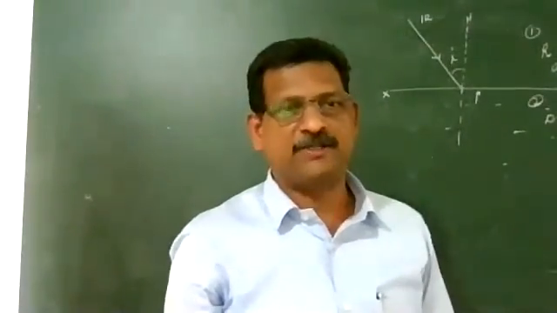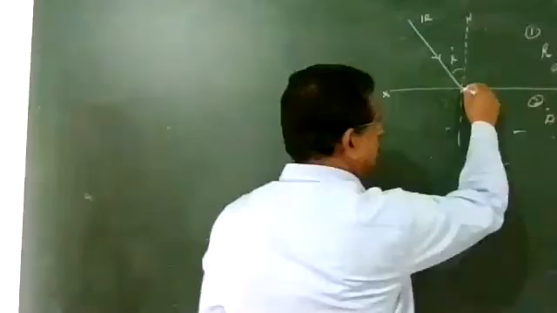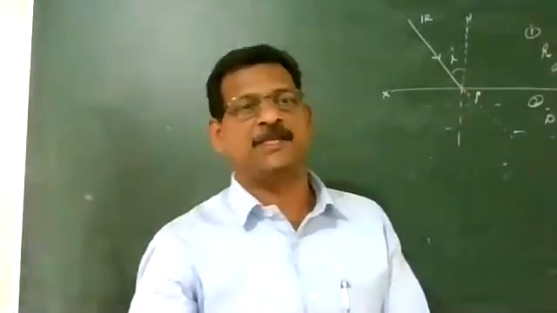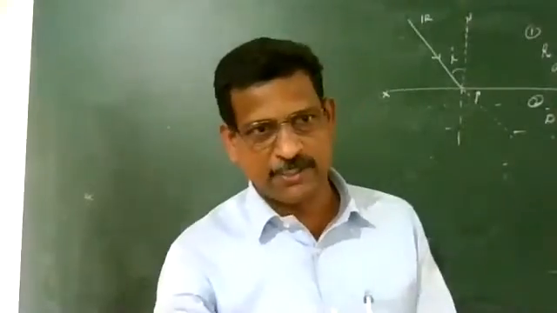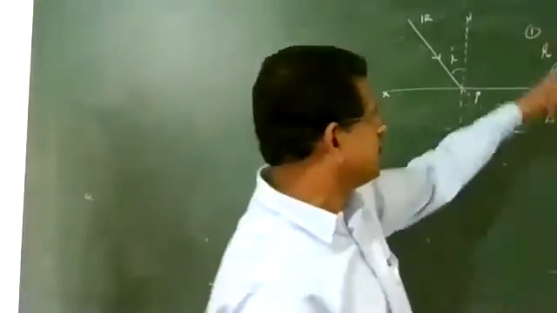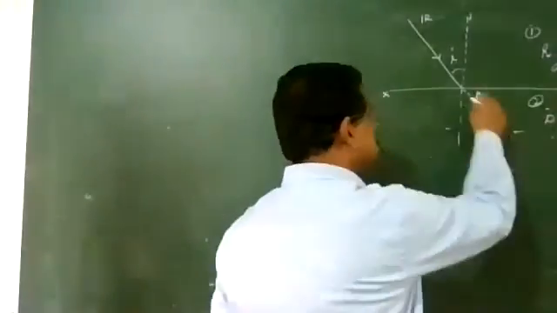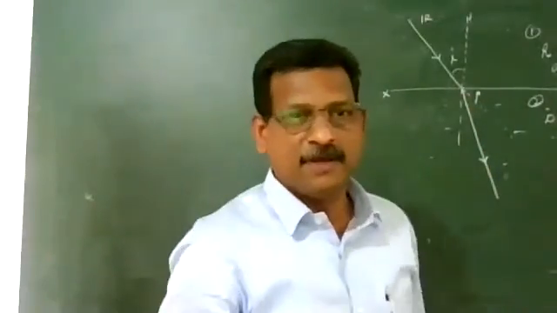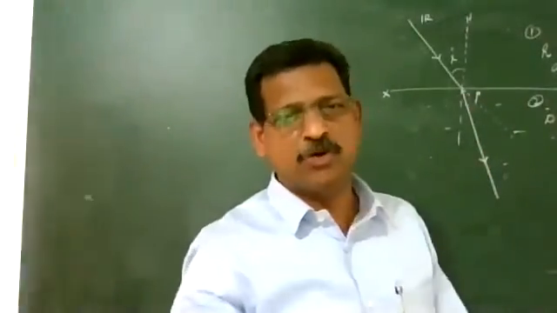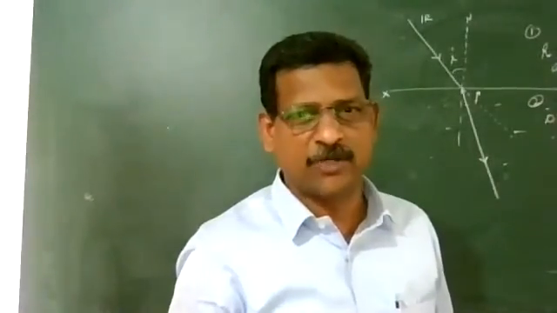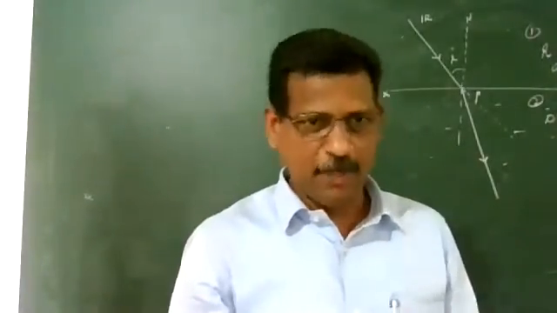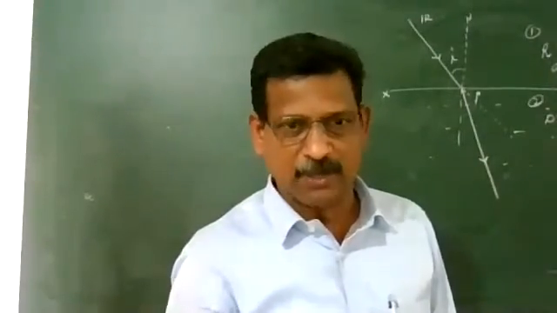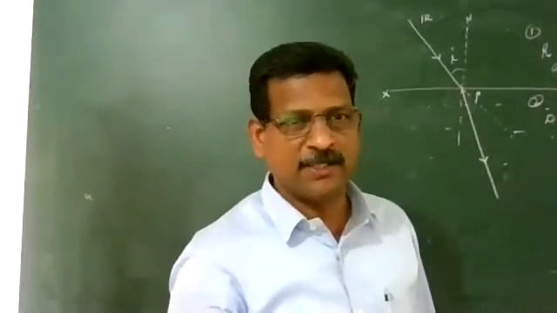It cannot go straight. So if you are showing this will be the straight continuation of the incident ray, but it cannot go like this. It will change its path. How will it change its path? When it is going from rare to denser, it bends toward the normal. Because denser medium means it offers more resistance, optical density, for the light to travel. Velocity decreases. It finds it more difficult, so it cannot go far away. It bends toward the normal. So it changes its path at the interface.